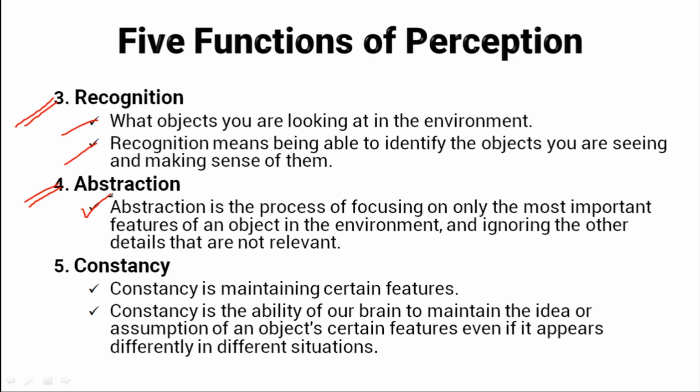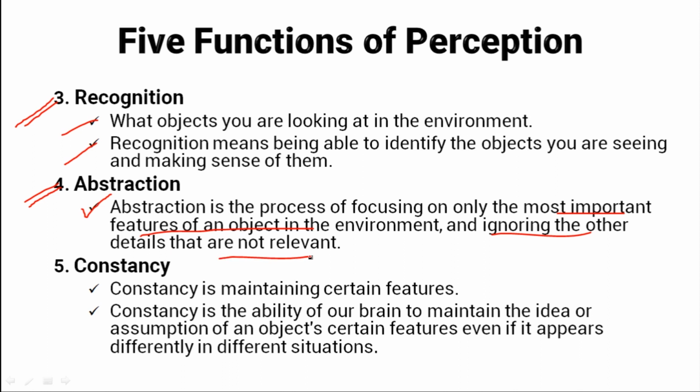Affordance means what the object can be used for or what it seems like it is naturally meant for. In the case of a beanbag, its affordance for sitting makes it seem like a kind of chair. So affordance is what the object affords or what the object naturally seems to be like. And so this is called abstraction. Abstraction is when our brain simplifies the information it receives from the external world by focusing on the most important features of the object and ignoring the irrelevant ones. It's like making a basic outline of what something looks like without going into too much detail.